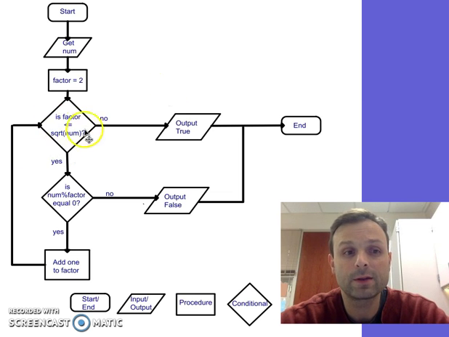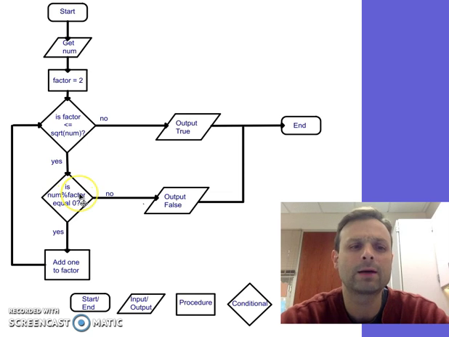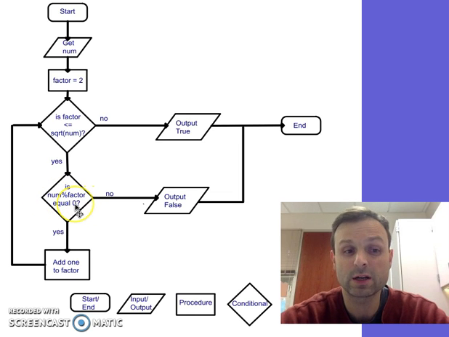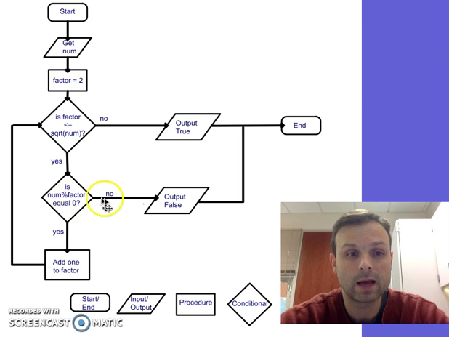Okay, so if the factor is less than or equal to the square root of our number, which in the starting case it is, it's 2, as long as number is larger than or equal to 4. If that's true, then we want to see if the factor goes into the number evenly, right? And the way we did that was we used the mod operator in Python, right? So if num mod factor was 0, then we realized that the number went into it